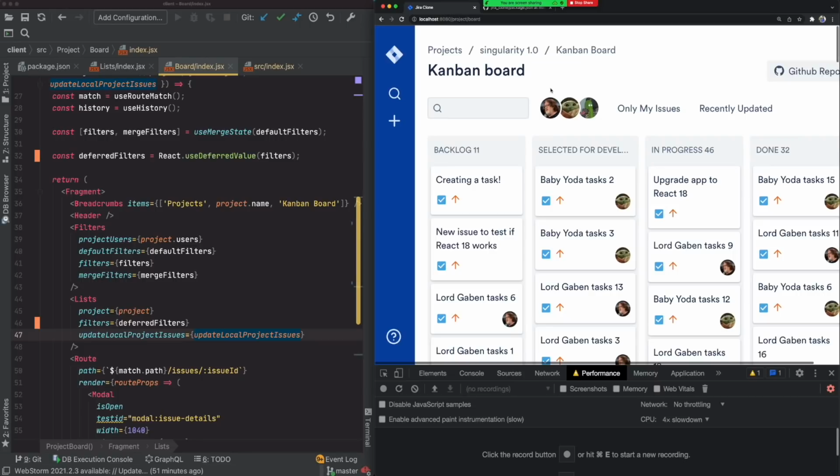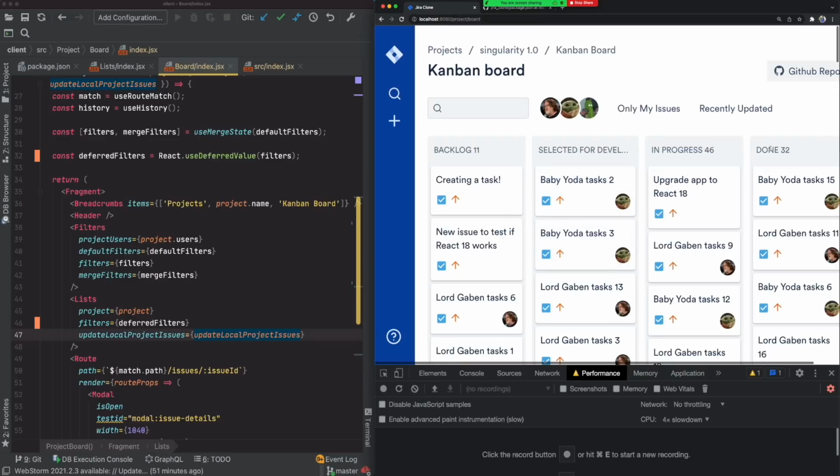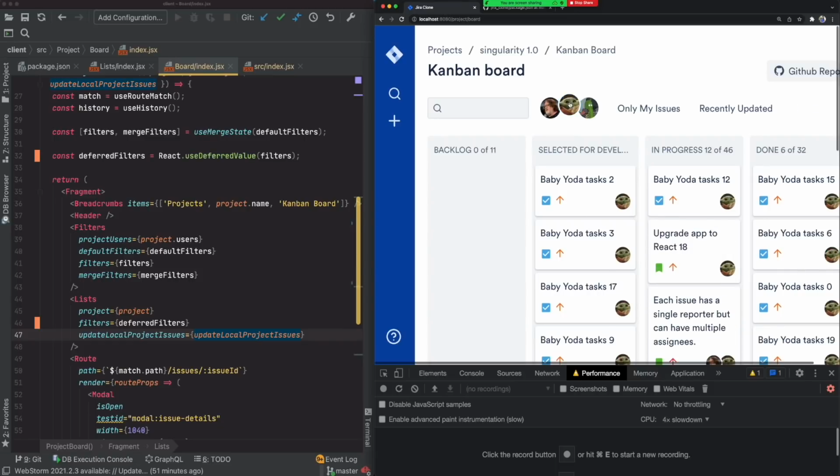And here what I expect it to do is give me feedback when I'm clicking on it faster. So when I click on it faster, you can see that the blue border still appears. My app does not re-render as fast as I'm clicking, and that's okay because re-rendering the list is a slower, more expensive process, but I'm still able to see the visual feedback of clicking on the filter again and again. And so that's what React 18 helps you do. It helps you give visual feedback to the user for an urgent update and helps you defer the re-render of components that are not as urgent.